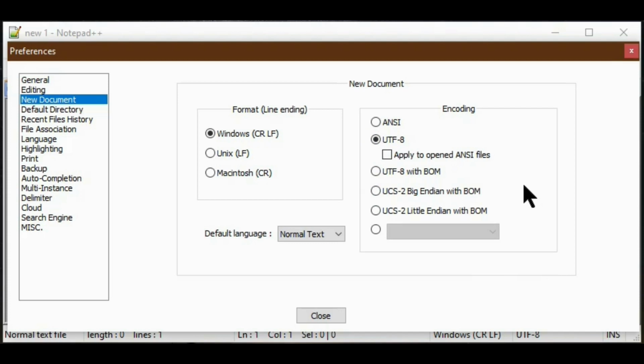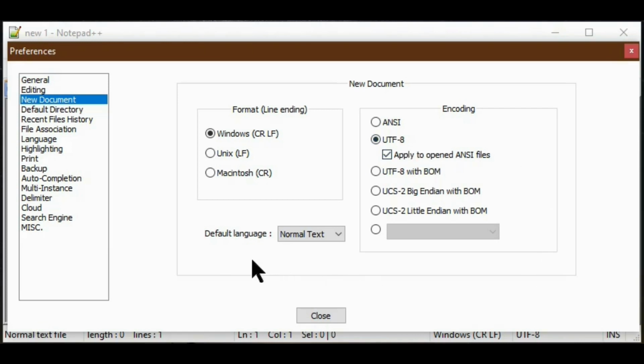Notepad++ is developed for Windows applications, and the Microsoft Windows default character set encoding is ANSI. So for that reason, they have given one more option. By checking this box, if your file is coded in ANSI format, it will be converted to UTF-8 format.